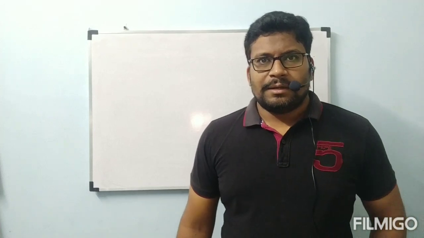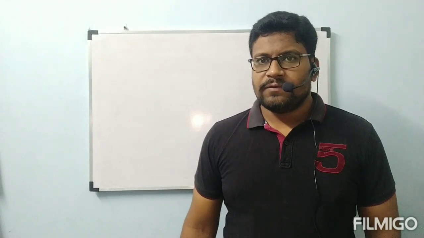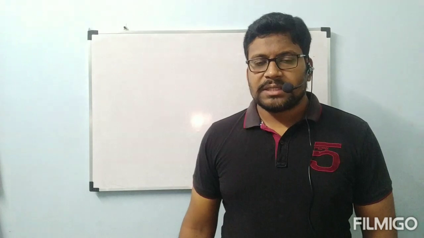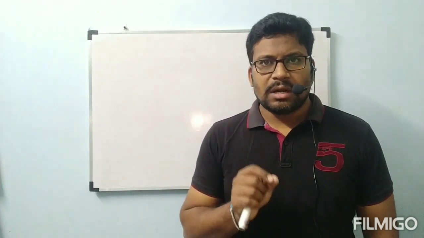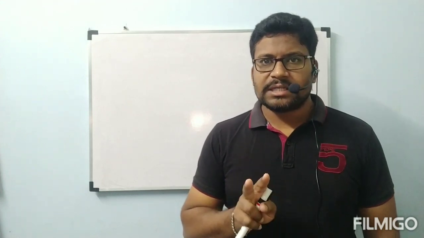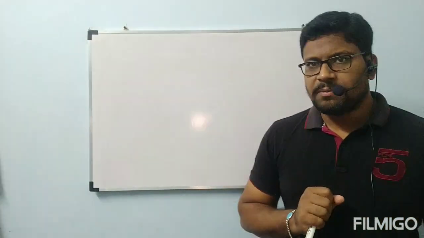Good afternoon, students. In the previous class, we have seen how a coordinate-covalent bond is formed, and we have also seen the definition. After that, we saw the examples of coordinate-covalent bonds. A coordinate-covalent bond is also called a dative bond or semi-polar bond. It has the characteristics of both an ionic bond and a covalent bond. That's why it got the name semi-polar bond.